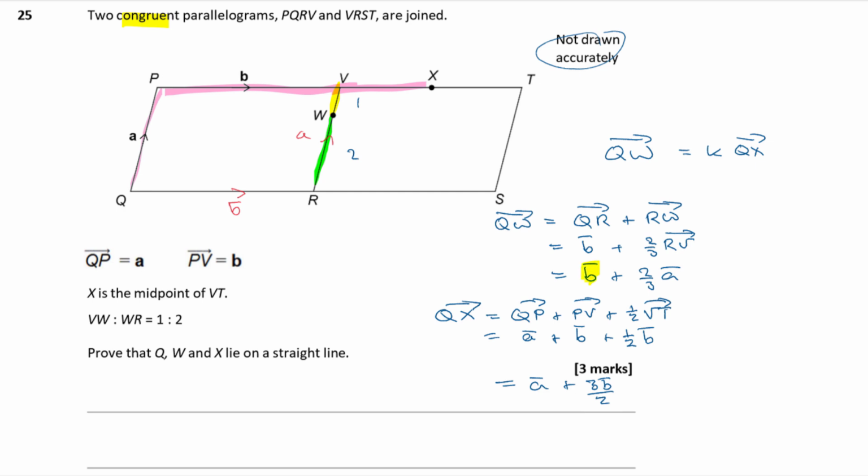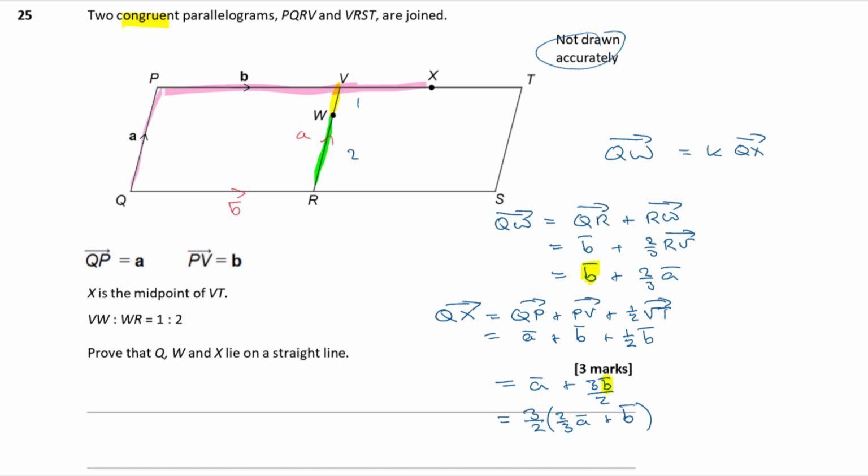Well, I've got a B here in QW, and I've got 3/2 of B in here. So if I force factorize 3/2 out of this, with a pair of brackets like this, then I'm going to have 3/2 of B there. So how many A's would I need to have here, so that when I multiply it by 3 over 2, I get just one A? I'm going to have the reciprocal of 3 over 2, and I'm going to get 2/3. So if I have 2/3 of A and I times it by 3/2, I'm just going to get A back